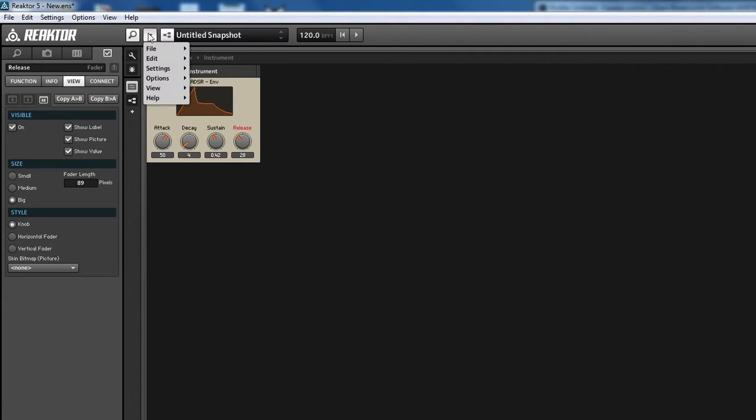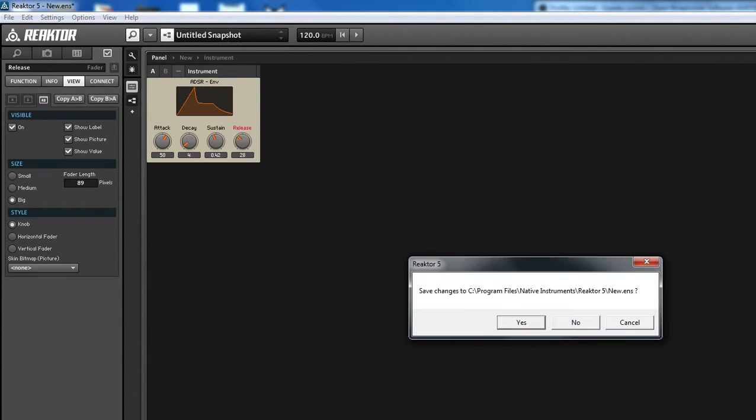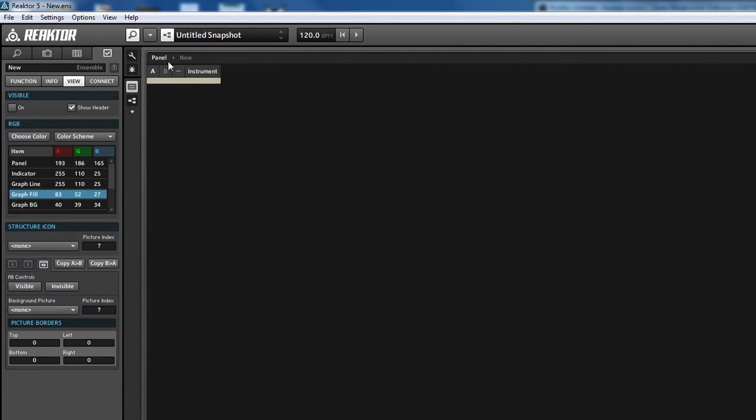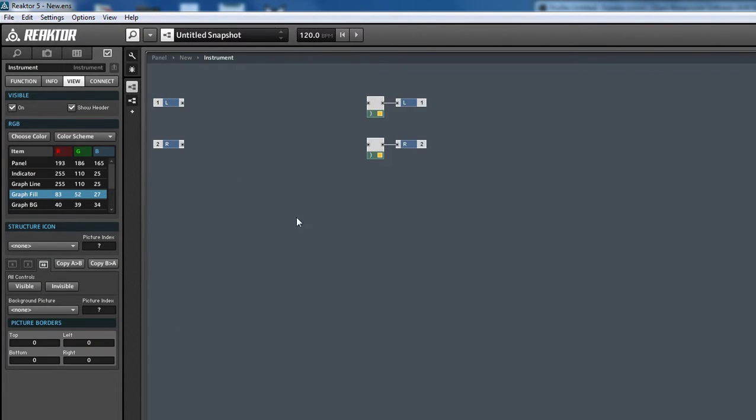So click on this drop-down menu here, File, New Ensemble, and there you go. You'll be on this page here. This all here is your interface. It's all you're going to need to use regarding knowing where to navigate to. So at the top here, you've got a panel. And then if I double click on this grey tan box thing here, it'll bring me to the instrument view,